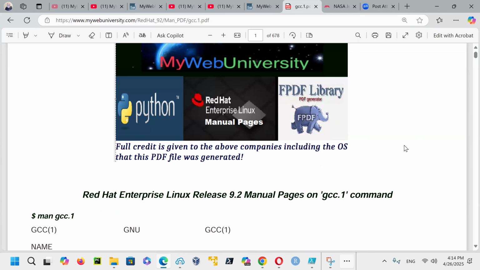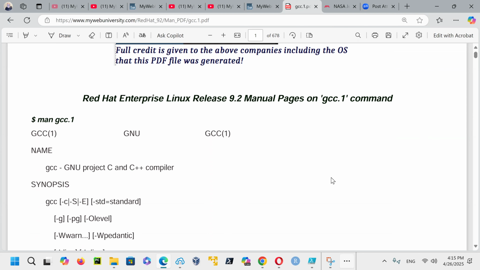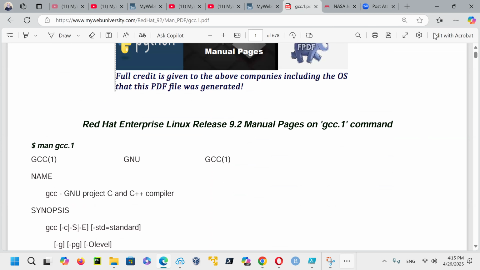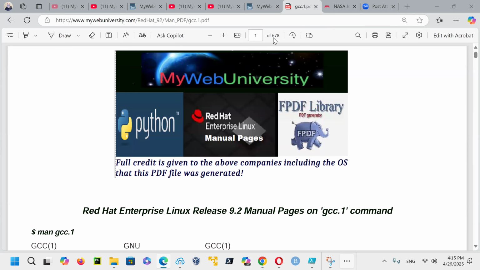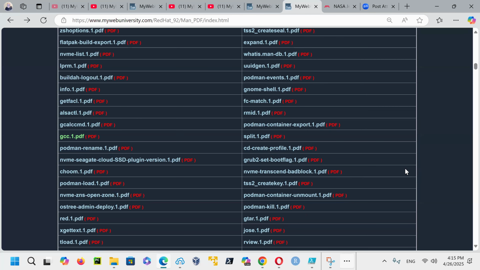GCC stands for GNU C collection compiler, as G++ is for the C++ version. And you need this compiler. You can see this documentation is about 678 pages. That's a lot. And then you don't have to buy books. You can start programming and learning it there.